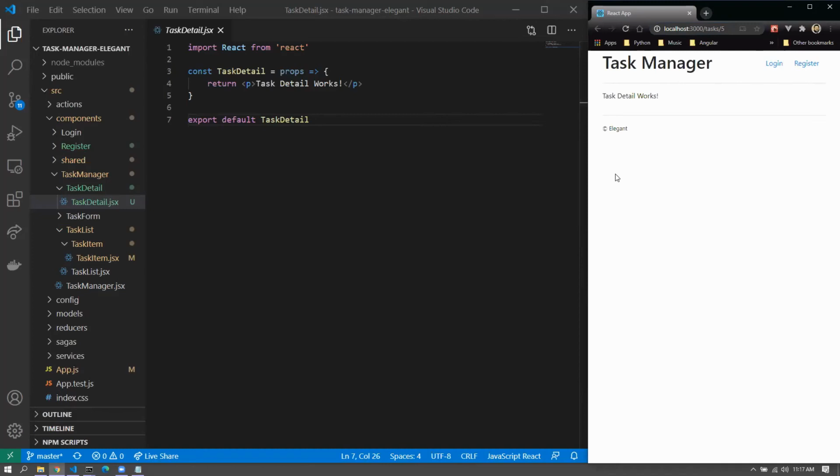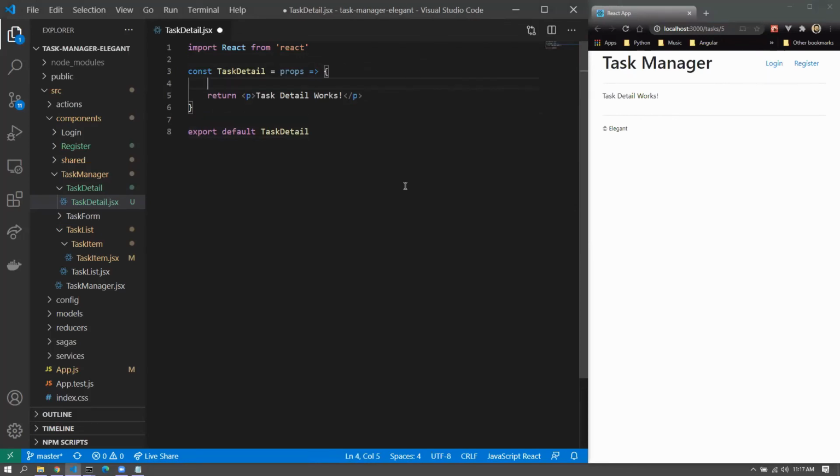All right, what about other participants? Very good. So we'll do the same. I would like to first do something like this. The question is, how would I get the 5, or the ID that is being passed? How would I get it inside the component? So if I do a console log of props,